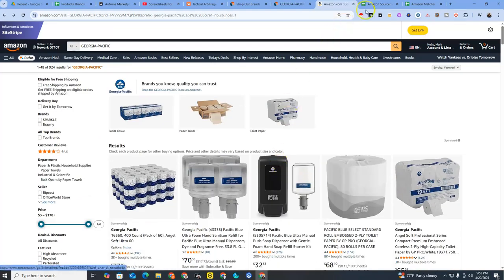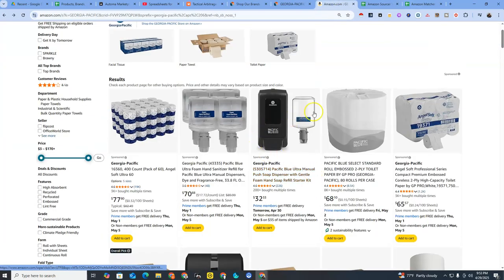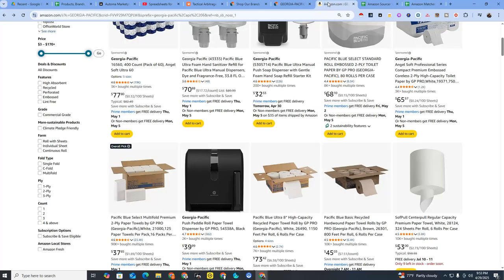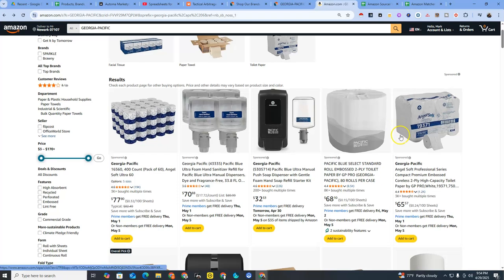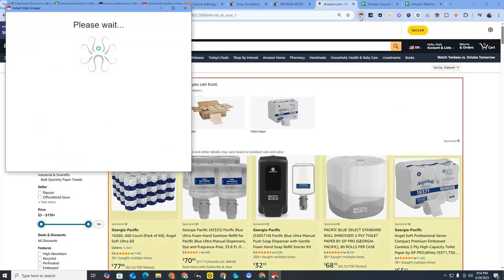So now what we're going to do, this Amazon sourcer already has products in it. I'm just going to click on System Reset and clear it out. But the first thing we need to do is get the products off of this page and get them into a CSV file so that I can bring them into the Google Sheet, because the Google Sheet does not actually connect to Amazon, right? So what I'm going to do is use Instant Data Scraper, which is a free Chrome